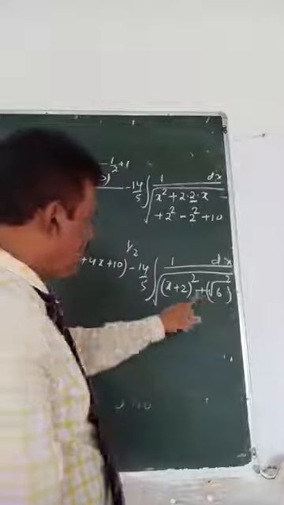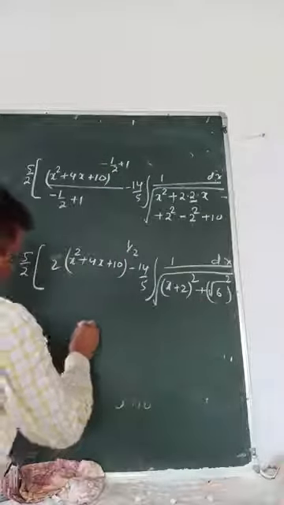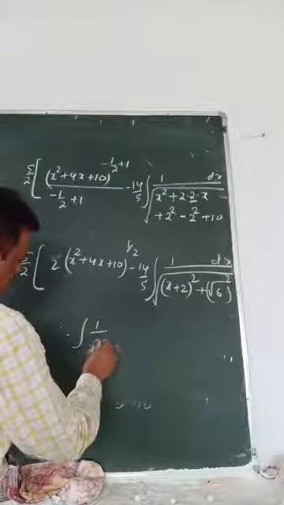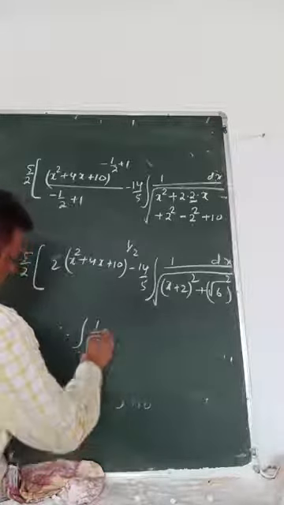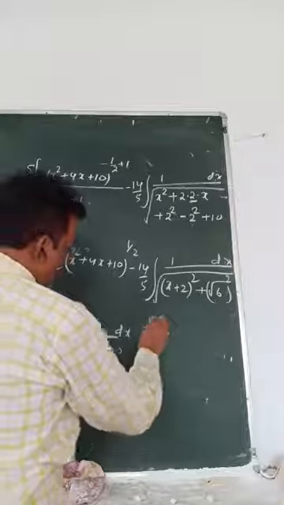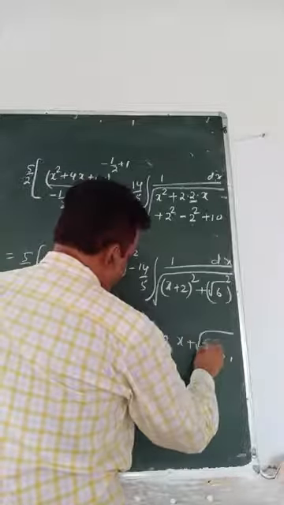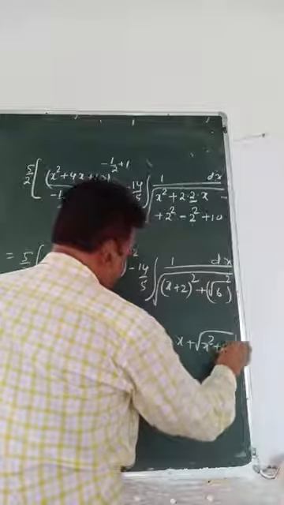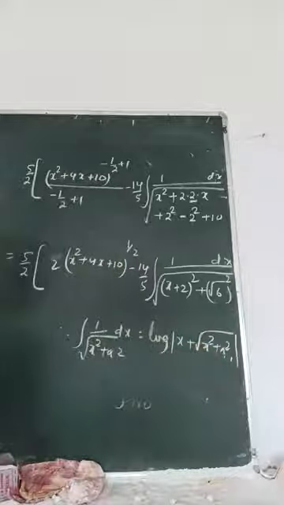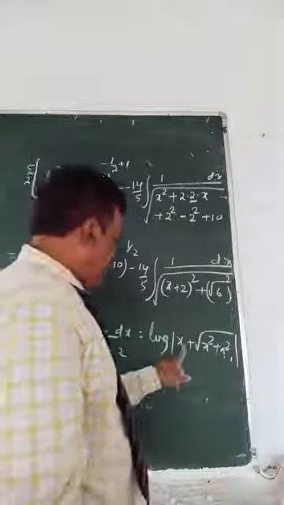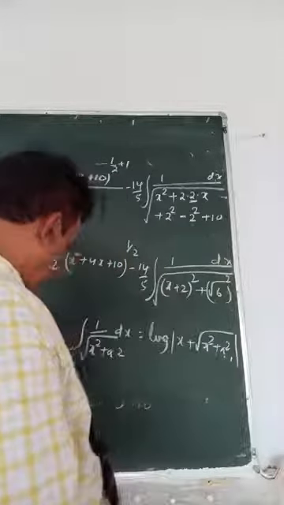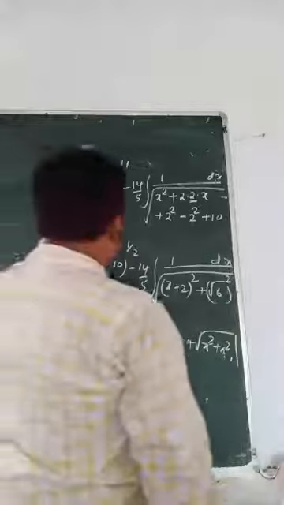Which formula applies here? 1 by root over of x square plus a square is log of x plus root over of x square plus a square. So what is x? x plus 2. So the final answer is